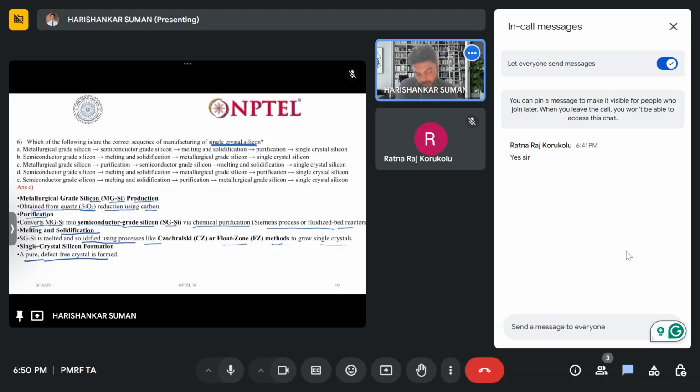So single crystal is highly pure, defect-free. So first is metallurgical grade, then purification, then semiconductor grade silicon, then melting and solidification, then we get single crystal, defect free. Okay,